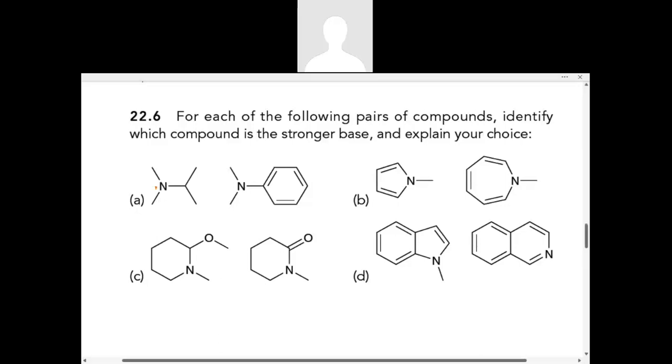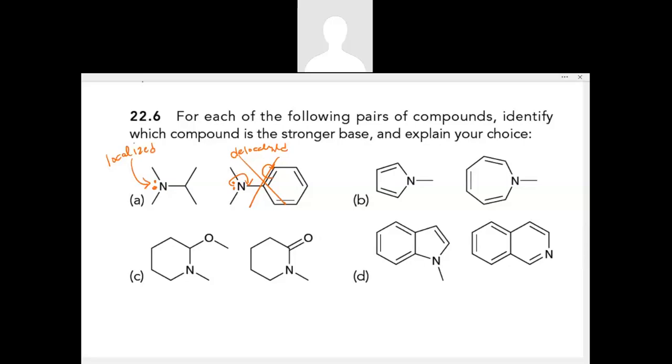So what we want to consider every time we determine which is the stronger base is whether or not the lone pair on our nitrogen will be localized or delocalized. If you recall, that means basically, are there resonance structures? If we were to move around this lone pair here, we could see that we could generate some resonance structures. So this would not be the stronger base because it has a delocalized lone pair. But this lone pair here on the nitrogen, we would say is localized,